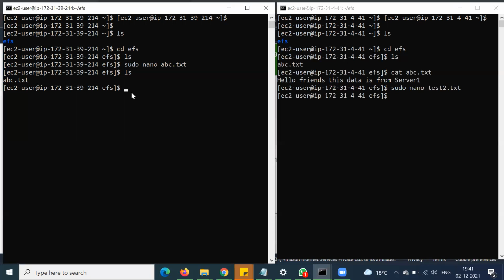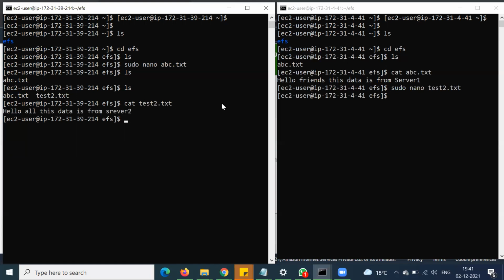Now my friend, you can find this test2.txt file here, and if we are going to see the content of this file, then we will be able to see it. So friends, this is all about EFS, Elastic File System.